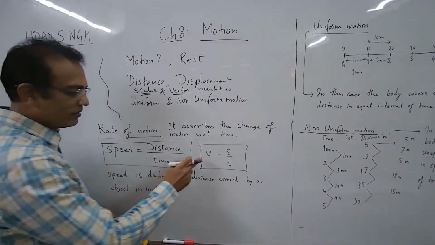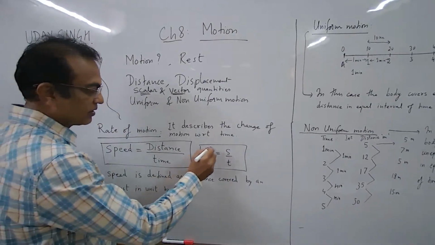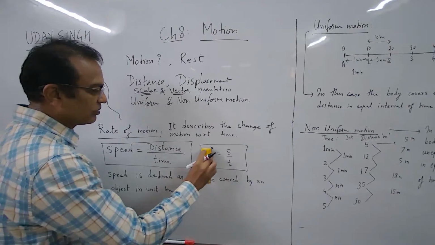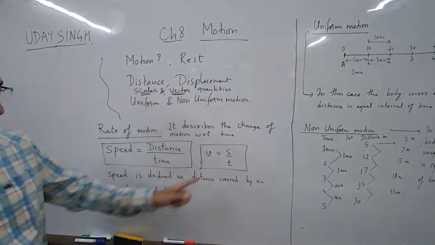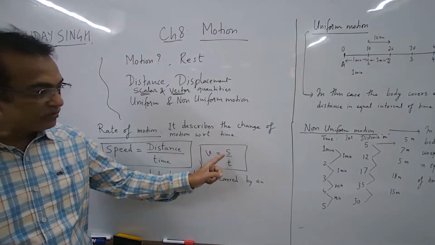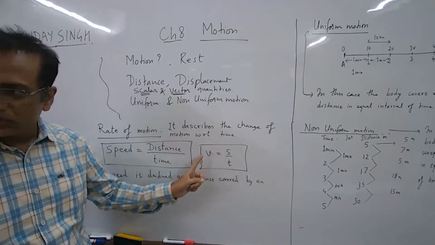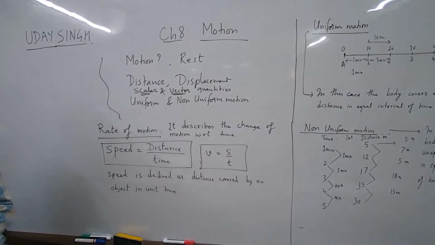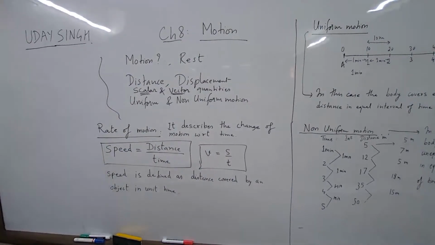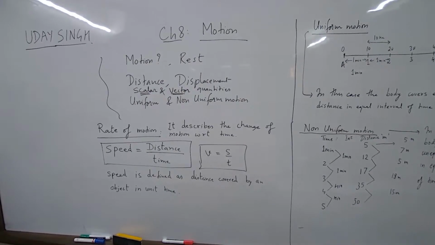In 9th standard, but in higher standard, you will get this symbol, vector, direction. So right now, the symbol for speed and velocity is the same. Just this thing will change. If s is distance, then it is speed. If s is displacement, then it is velocity. Hold on, we'll go slow. Concept. So the rate of motion is anything that changes with respect to time.